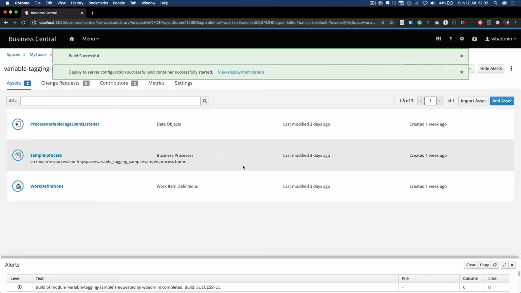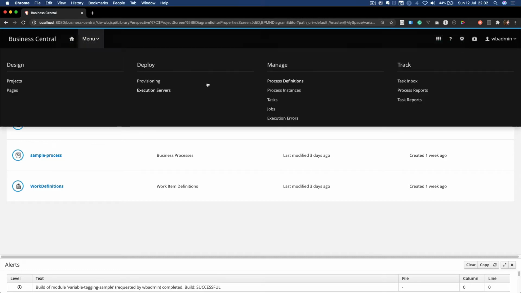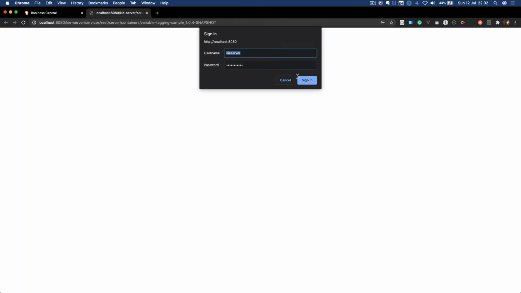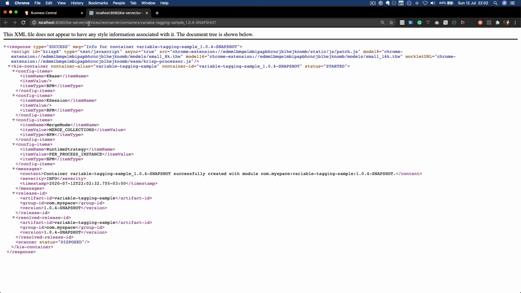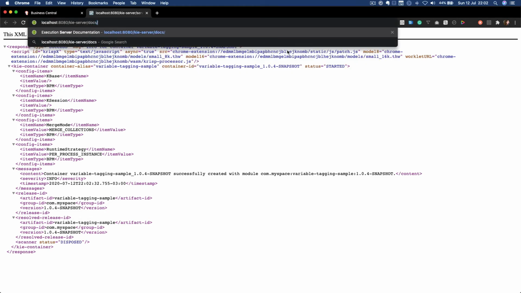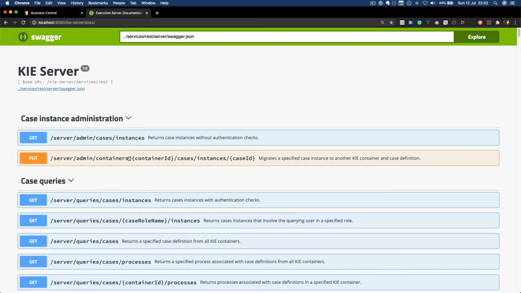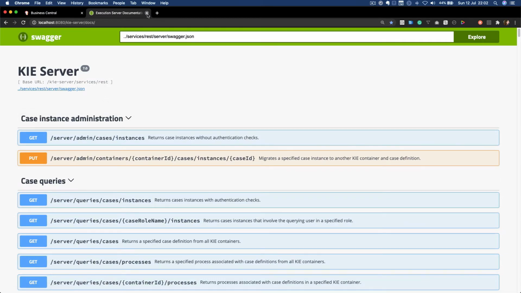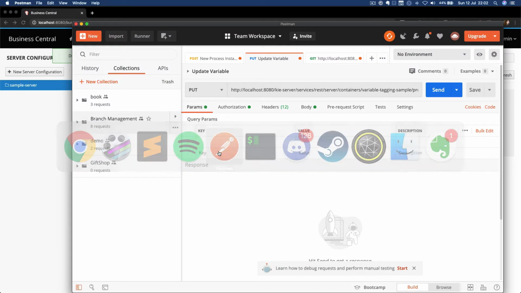I'm going to deploy this project and let's see if it's all good to go. Yep, it is here. We could either open the KIE Server docs in order to use the Swagger API to interact with the processes, but I already have a Postman ready to go.